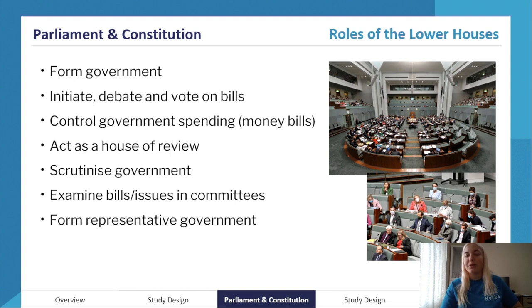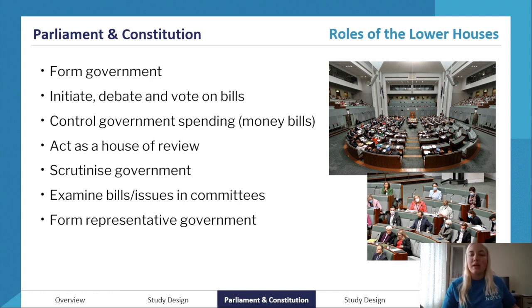So these are all the roles of the lower houses. So form government. How does this happen? Because you actually need to explain when you're giving any roles as part of your response. So we said the party that has been elected the most and holds the most seats in the lower house becomes the government party. And obviously, if they have the majority of seats, they have more